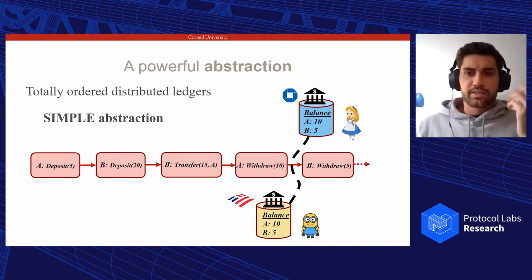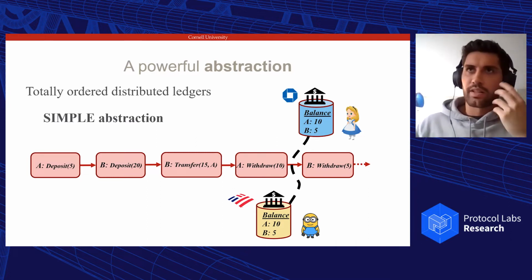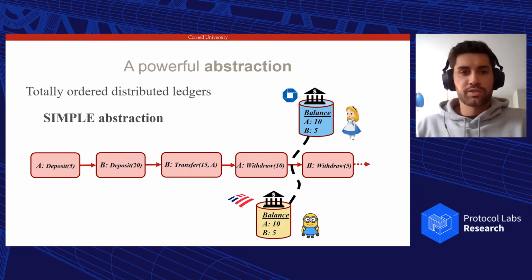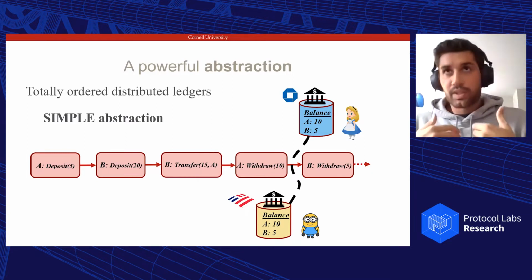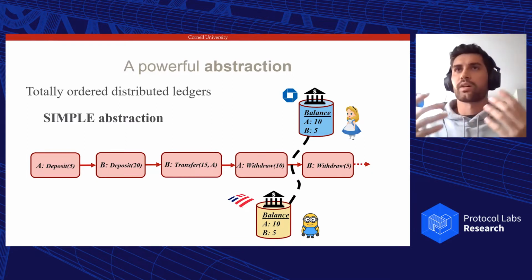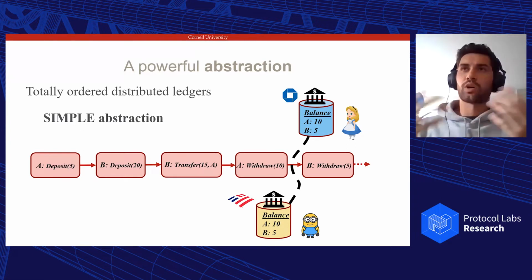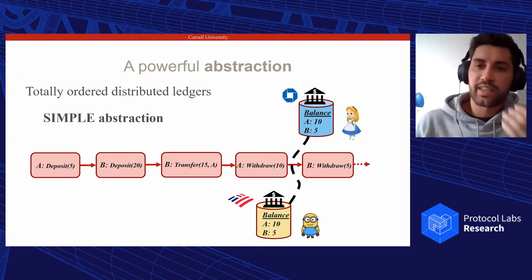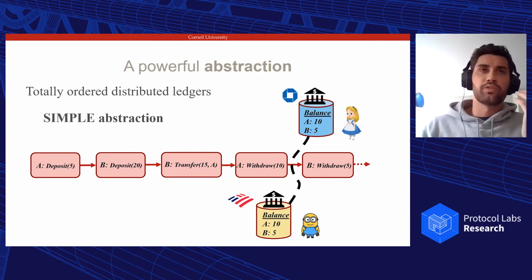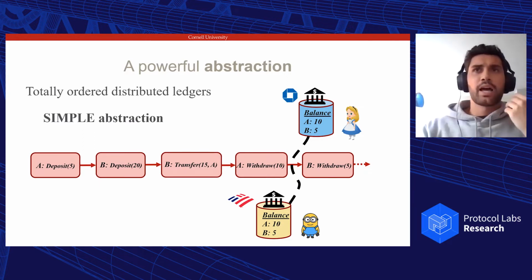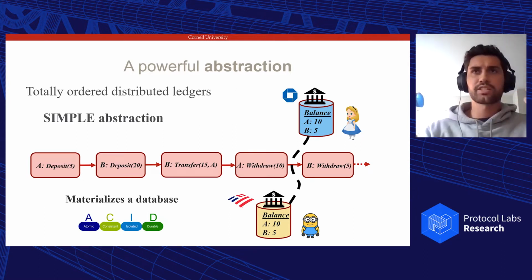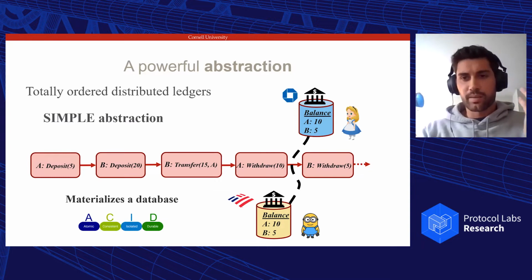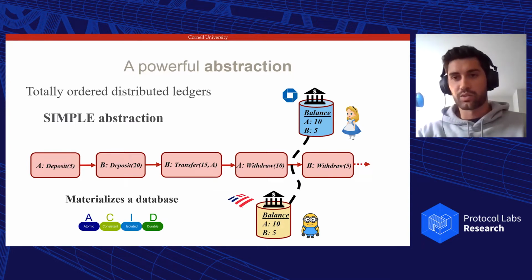Now, this is a really powerful abstraction because it allows us to have mutually distrustable parties that are able to replicate and share data, well, regardless of some amount of parties compromising or acting in a malicious way, they can still agree on a common view of the system state. And by totally ordering transactions, we can trivially maintain traditional ACID guarantees such as atomicity or isolation, which makes it easy for database applications to materialize key value stores on top.